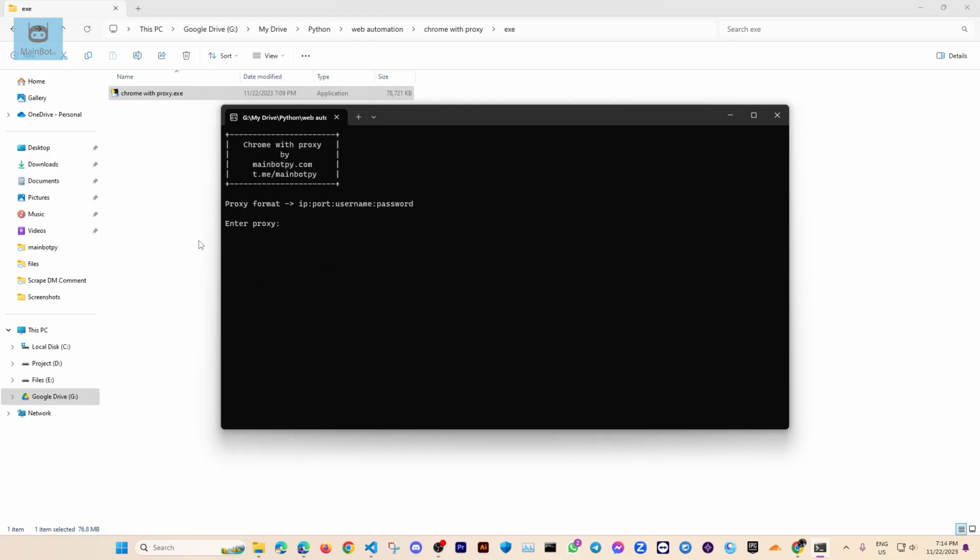and then you can see this type of interface, and here there will be an option to enter the proxy. I have a proxy already copied, so I'm just pasting it here. Make sure that your proxy is in the same format. At first there will be your IP address, then your port, and then your username, and then your password, and all of those will be separated with this colon mark, and then just press enter and